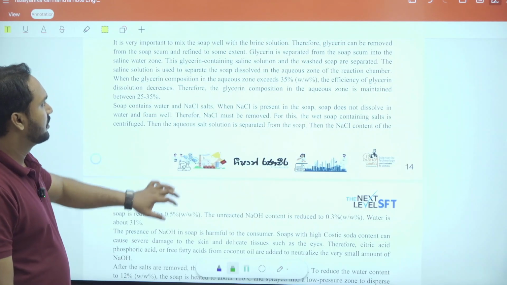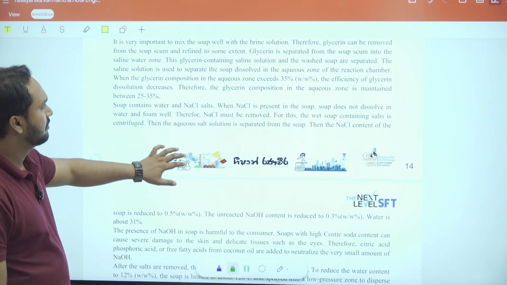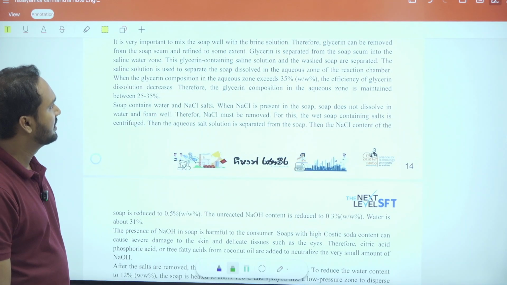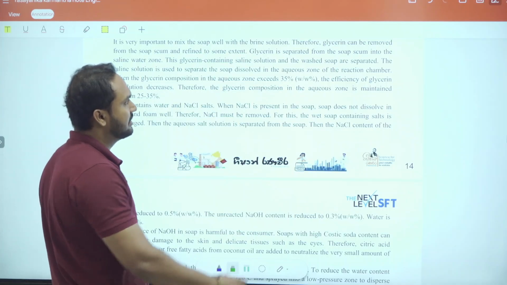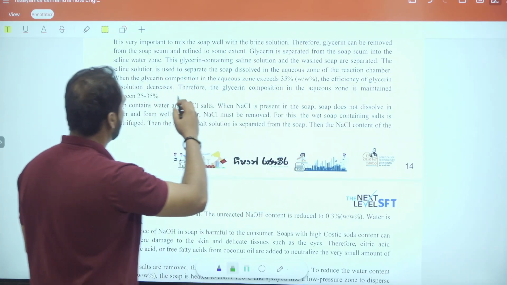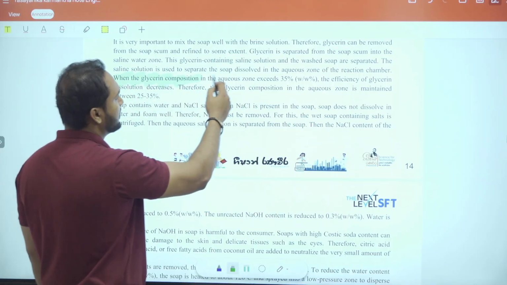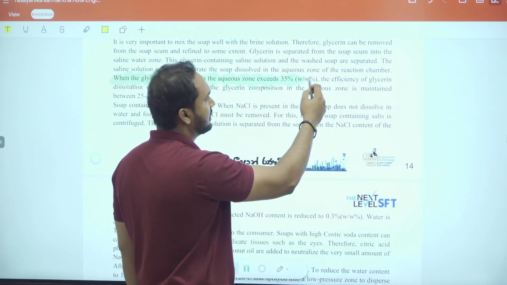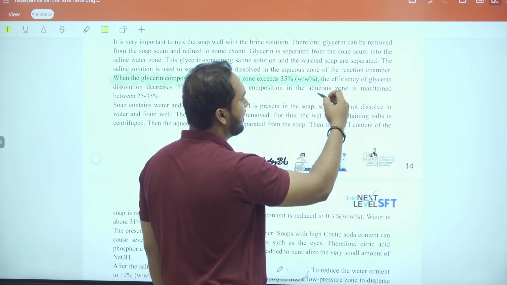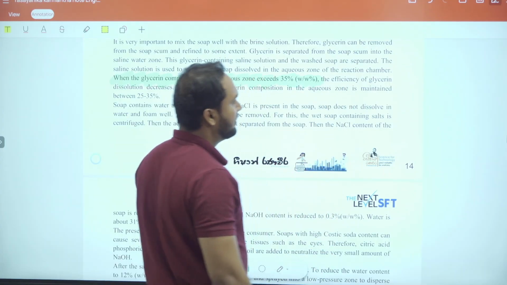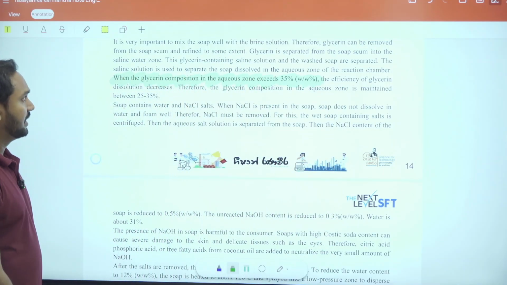It is important. When the glycerin composition in the aqueous zone exceeds 35%, highlight it. When the glycerin composition in the aqueous zone exceeds 35% weight by weight, the efficiency of glycerin dissolution